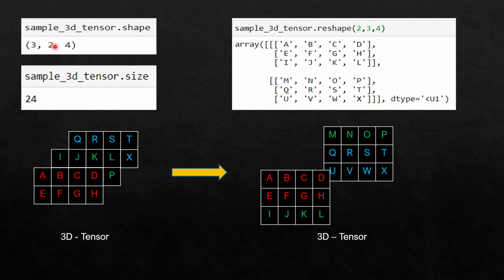So what we have done, I just bring this 2 forward and bring this 3 to the second position over here, okay? In the same way it has created another 3D tensor, because the size itself is telling me it's a 3D tensor. So we'll be having 2 matrices, and each and every matrix will be of size 3 comma 4. That means 3 rows and 4 columns. So it will start doing it in a similar way. When you talk about 3 rows and 4 columns, that means A B C D E F G H will be the part of it,